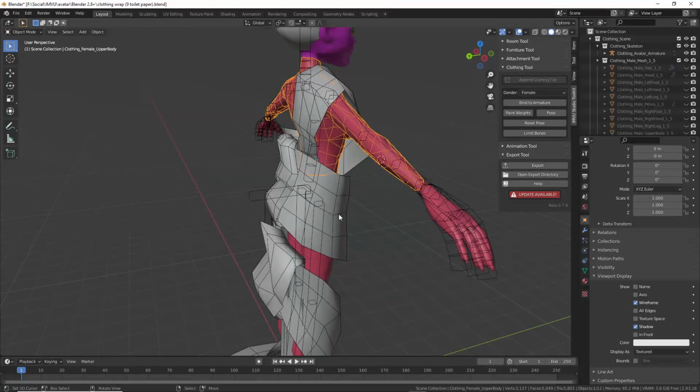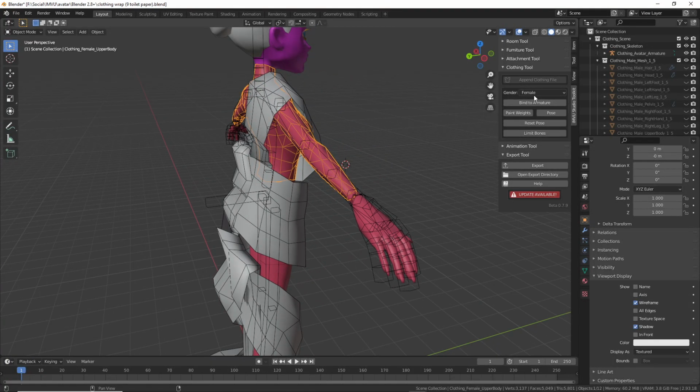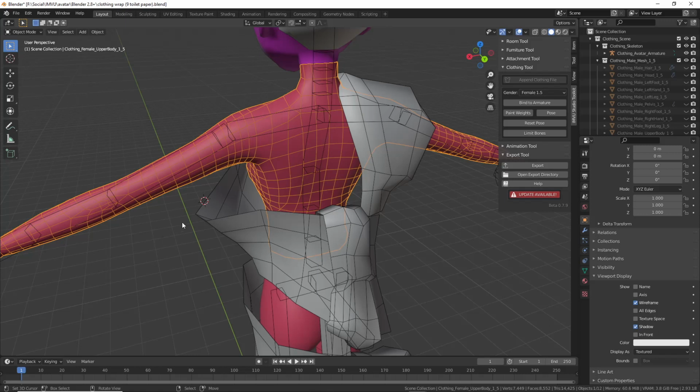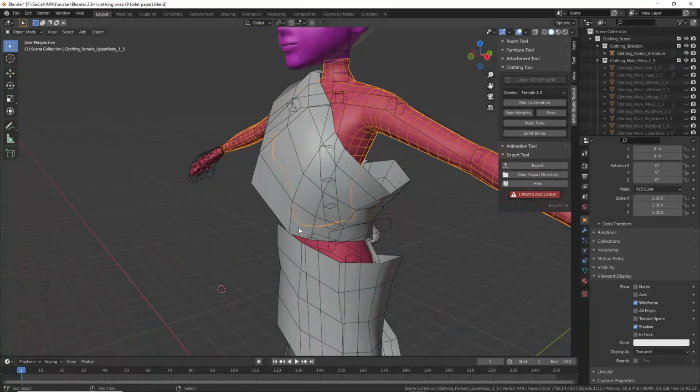And obviously this is the default, so if we were to use the updated female, we've got a bit more structure that we can play around with in terms of what we have to match in order to get our item to articulate and deform correctly without clipping too much through the